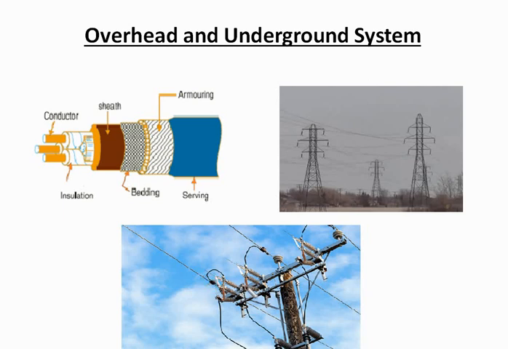Overhead lines are generally mounted on wooden, concrete, or steel poles, which are arranged to carry distribution transformers in addition to the conductors. As they are carrying the conductor lines, they also have to carry the distribution transformers.